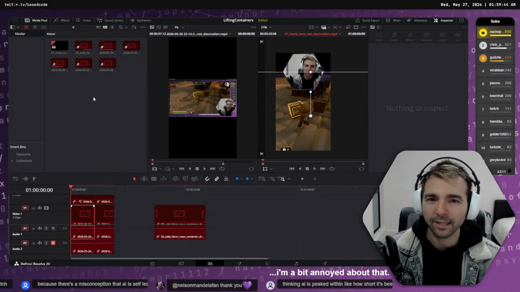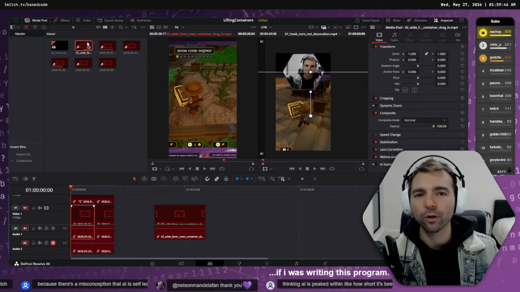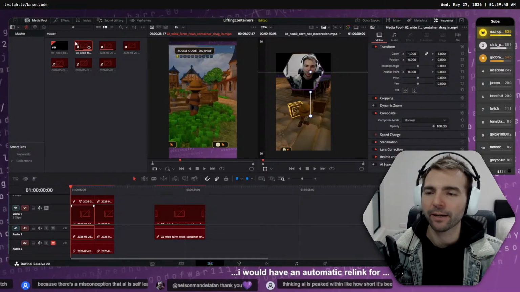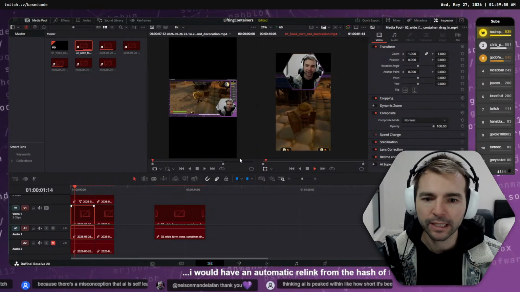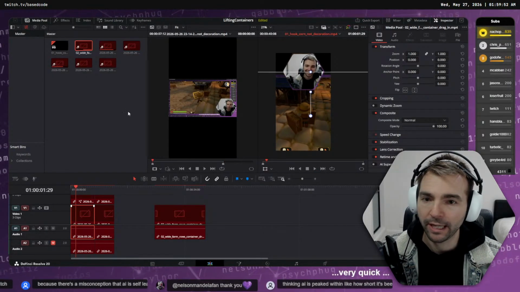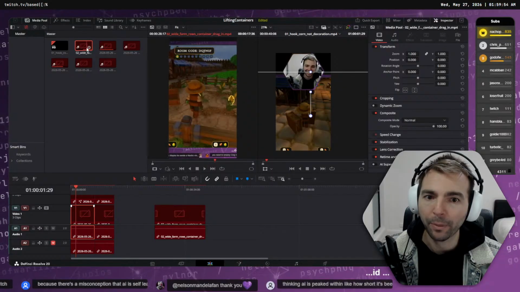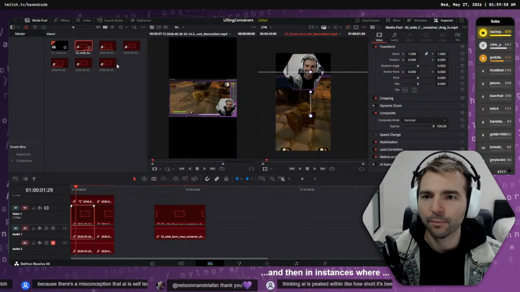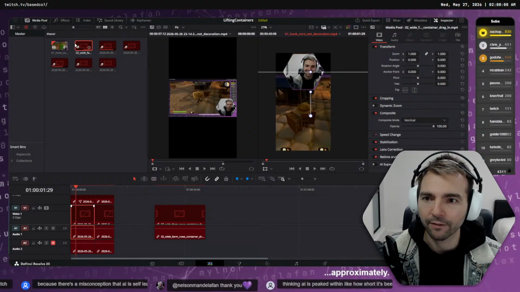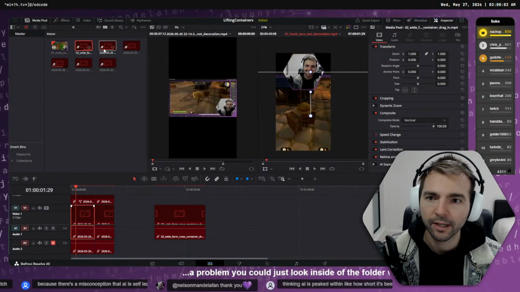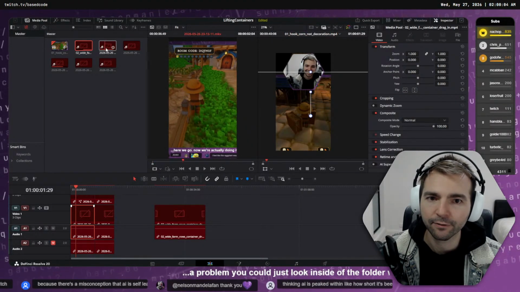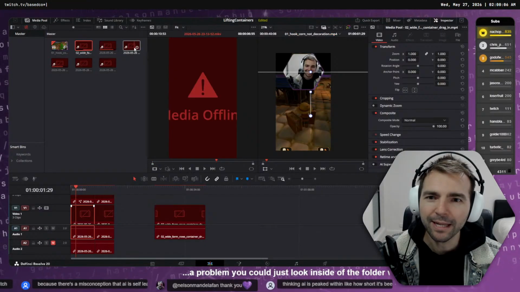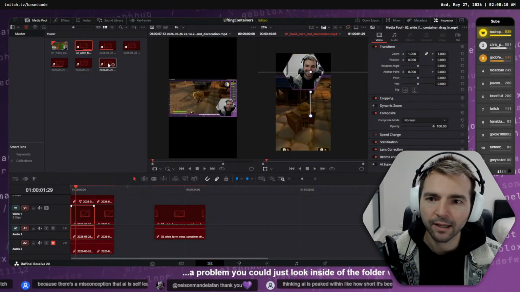If I was writing this program, I would have an automatic relink from the hash of the file, because you can very quickly produce a globally unique ID for a file by hashing it. And then in instances where this is a problem, you could just look inside of the folder whenever an error occurs and then find the new hash. I mean, maybe it's done that though, because some of it is like,